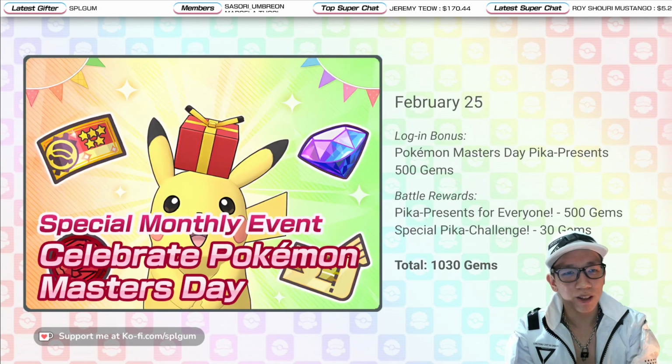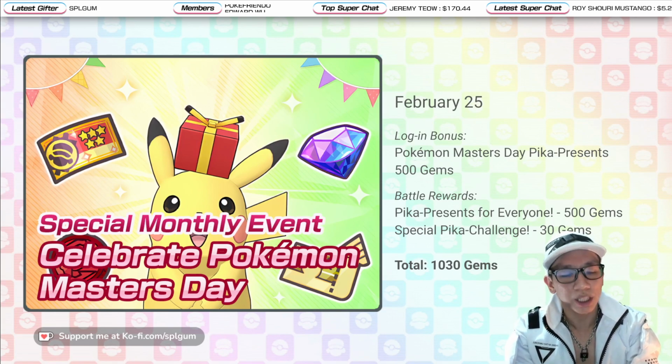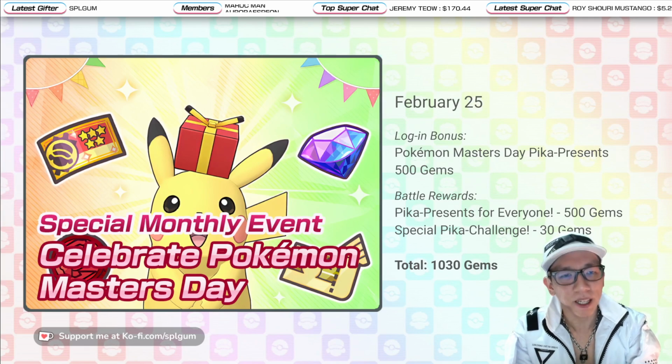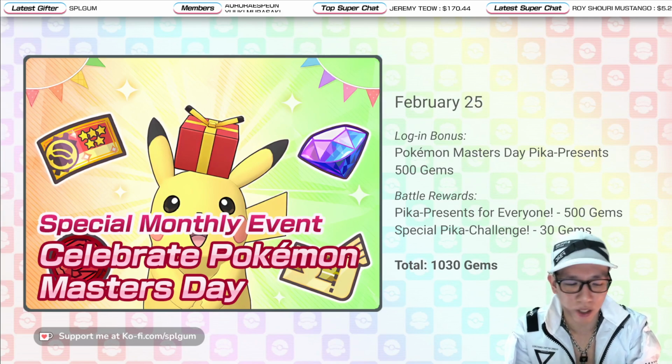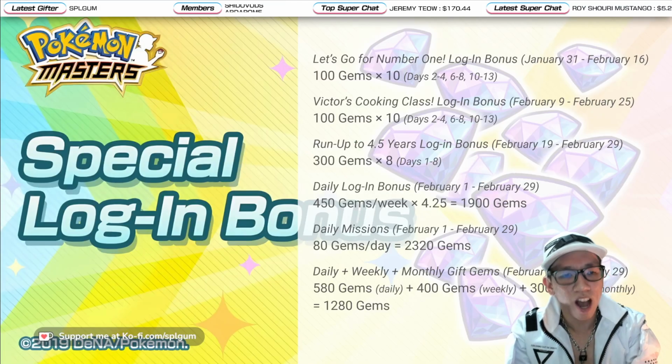And February 25, we'll be celebrating Pokemon Masters Day. As usual, we get 1,030 gems. We have Plumeria's Syncgrid expansion. And we have Bruno 6-star EX. I'm really not a fan of Bruno's 6-star EX outfit. But anyway. And last but not the least, guys, I group all of them right now with the special login